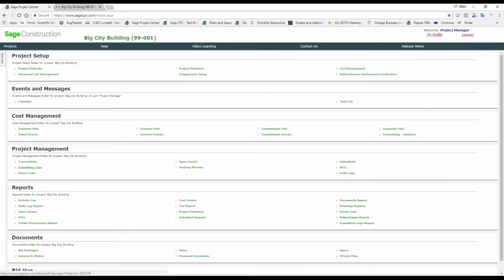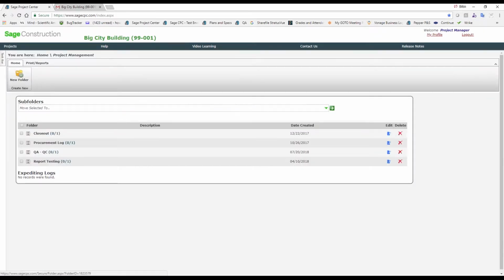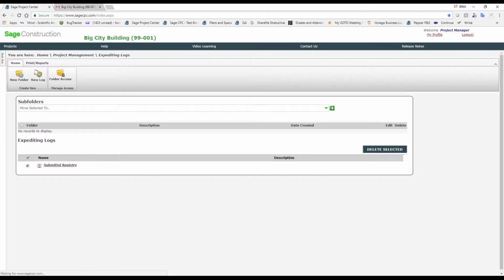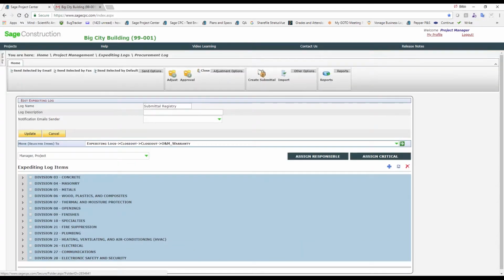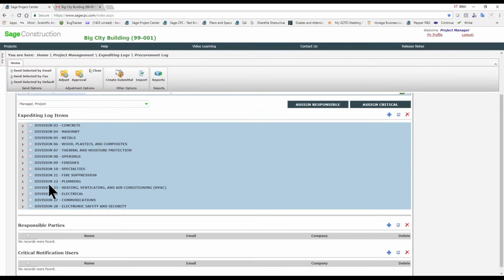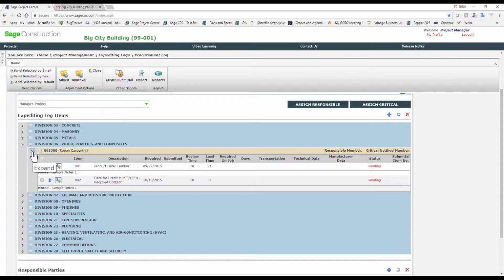On the other side of submittals, we have expediting logs. These can be procurement logs, submittal registries, whatever you might want to call them. In the end, what they are is a way to have you ping people in order to stay on schedule of submitting. I'm going to show you another way that they're utilized as well, but most commonly this is it. So if I come into Division 6, you can see all the items that I want to submit for Division 6